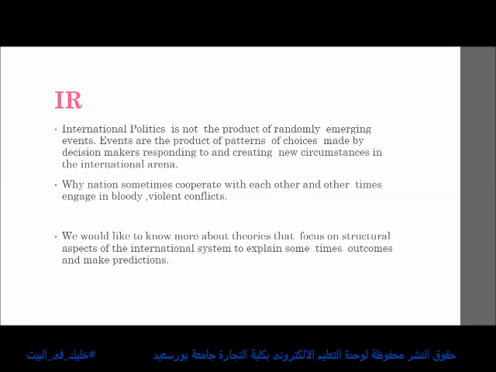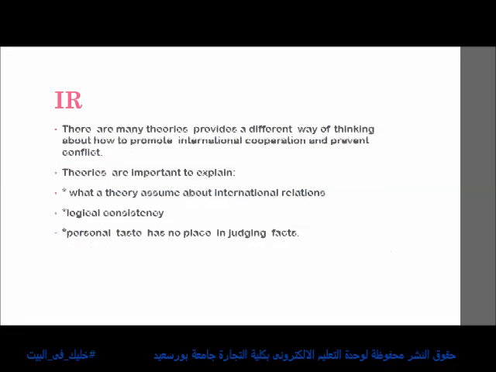Why do nations sometimes cooperate with each other and other times engage in bloody, violent conflict, war? We would like to know more about theories. This is why we should study power transition, balance of power, arms race, deterrence, democratic peace theory, liberalism, realism, offensive realism, defensive realism, that focus on structural aspects of the international system to explain sometimes outcomes and make predictions. This is what you need